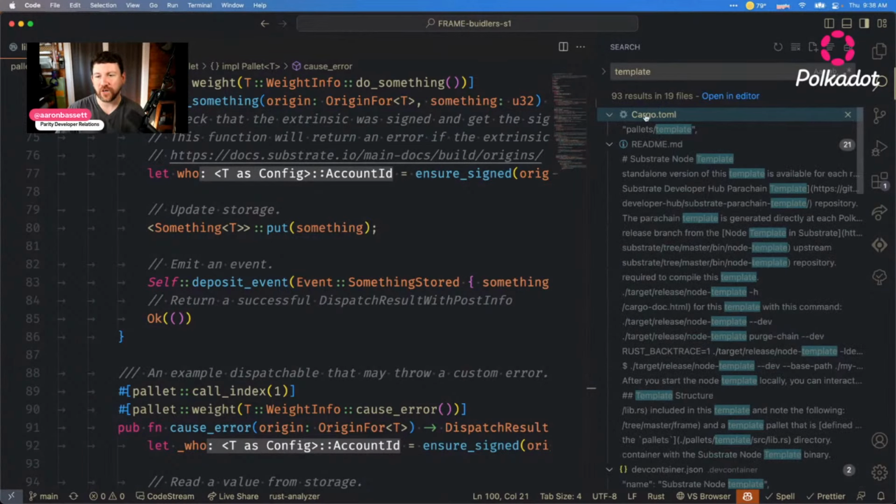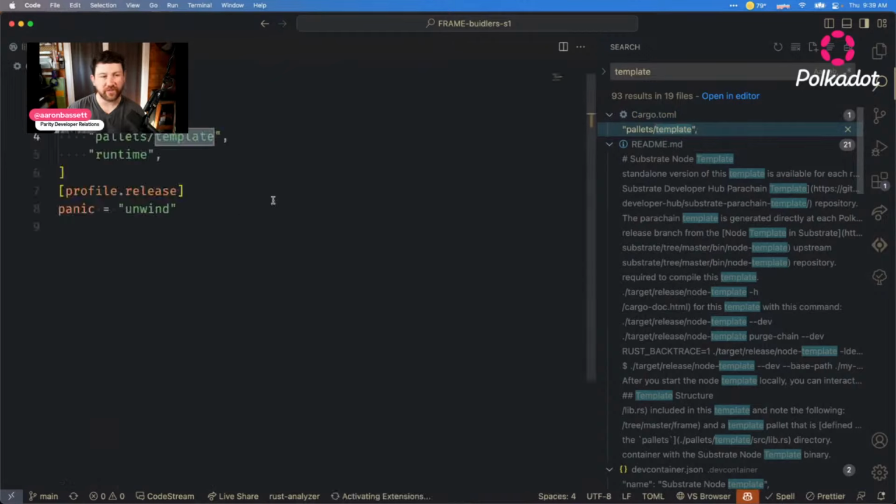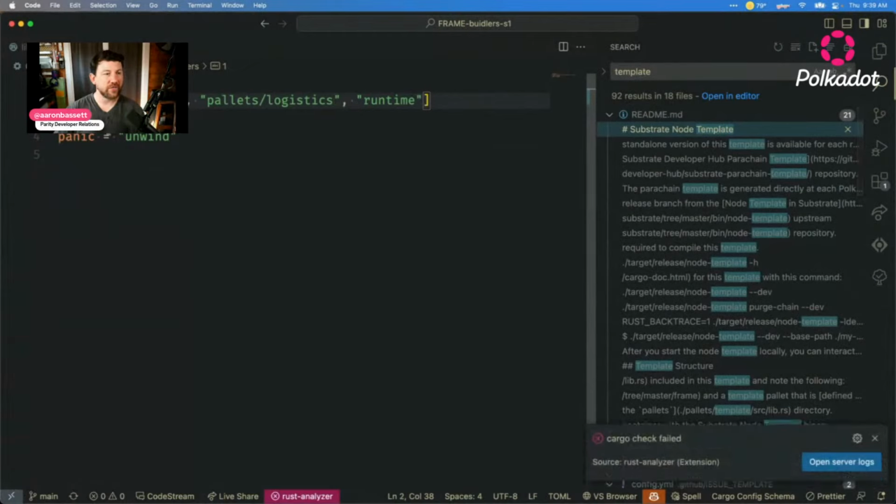But we have our Cargo.toml. This is in our main directory, and we can see it's got this pallets template. So let's go take a look at that. Okay, so yeah, we have pallets template. So that's the first thing that's going to go. We're going to change this to logistics. So this file is in